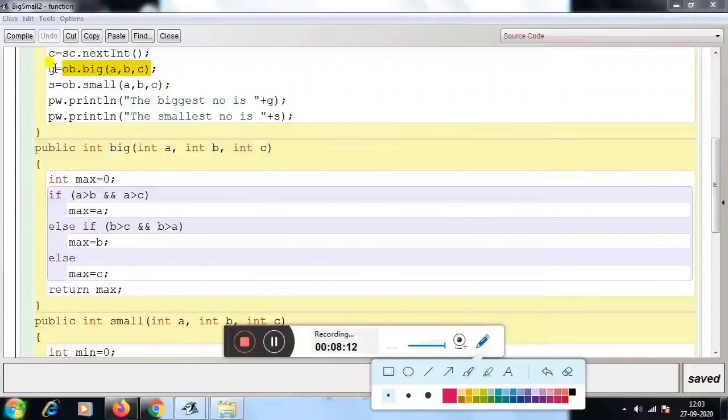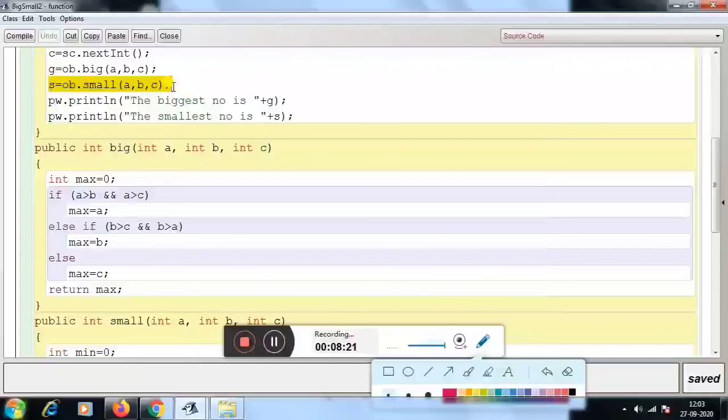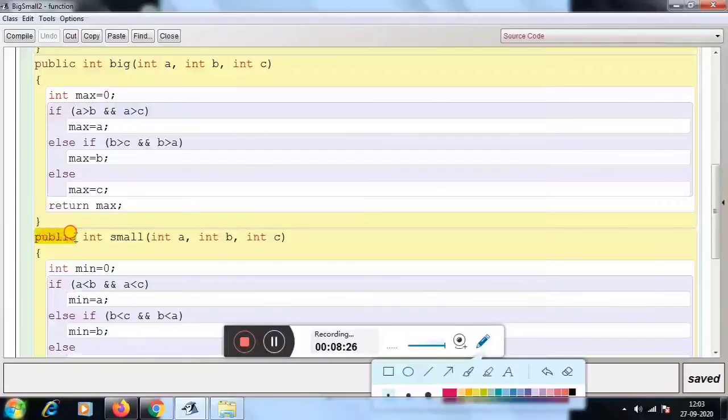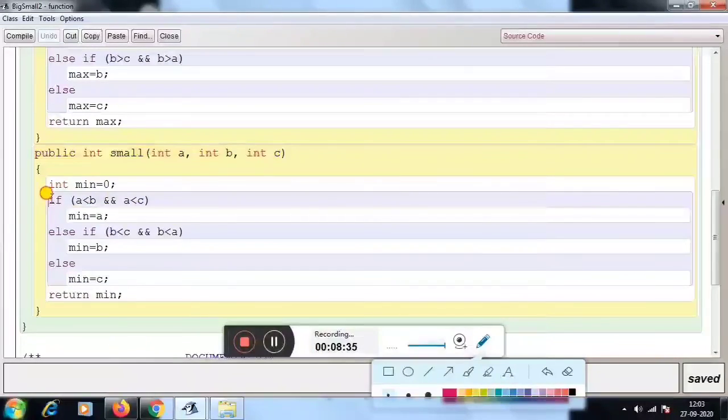Understood? Then next, the statement s equal to ob dot small a comma b comma c will be executed. It directly jumps to public int small within bracket int a comma int b comma int c, and here also we use one ladder if else statement, through which it decides the smallest number, and that smallest number will be stored under s.